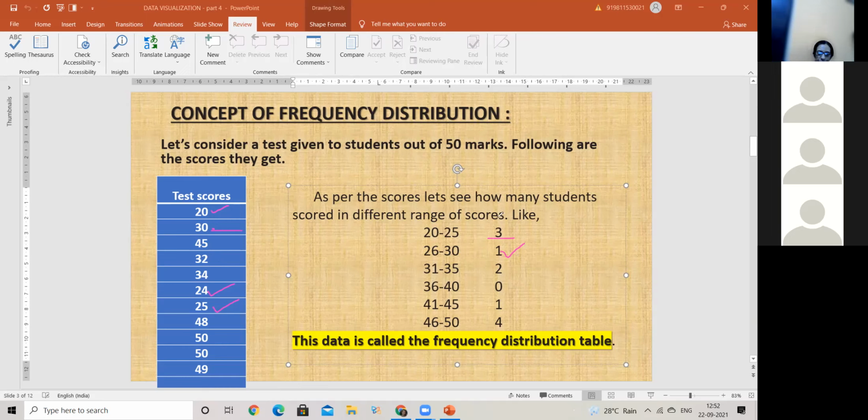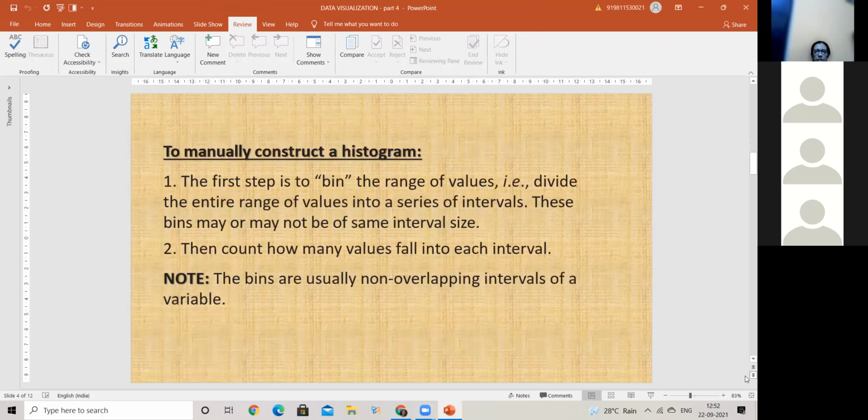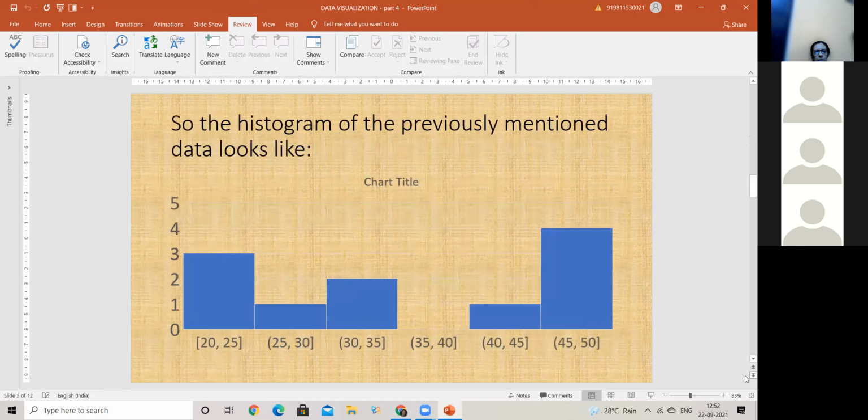Fine. And then we take up this information, the range, which is my bins, and the frequency, and we land up plotting this. So we have to really see how we do this particular thing in pandas now. Okay. So let us check that out. So as we move further, now we know how to do it manually. So this is how, if I've drawn it manually with some other mechanism or I've drawn it myself, it's going to look like. 20 to 25, 3,